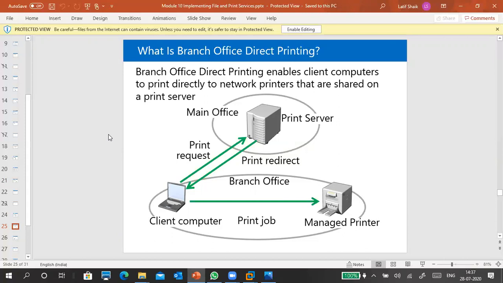You are sending a request to print in your branch office only, but you are sending the request to the main office. In the main office, the print server takes your request and checks it. If you are allowed, it says hello. No means no, it will send, right? So the printer is at your place and you are in the same office, the printer is next to you, but you are sending a request to the main office to take a print, right?